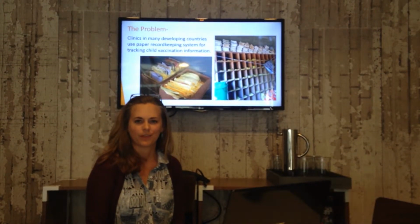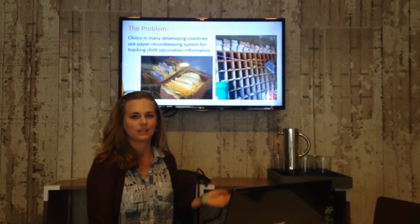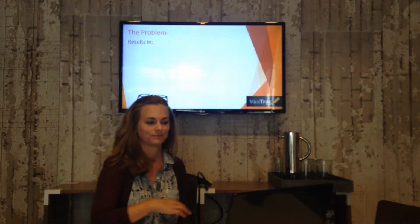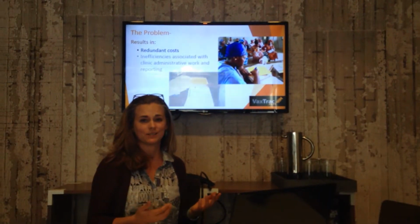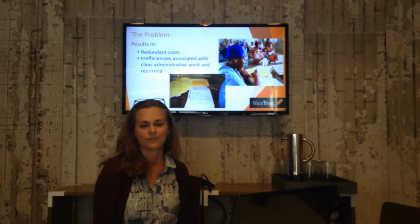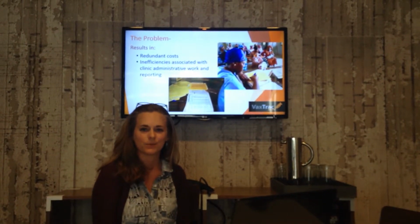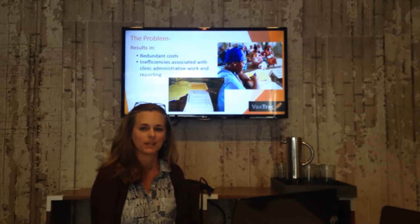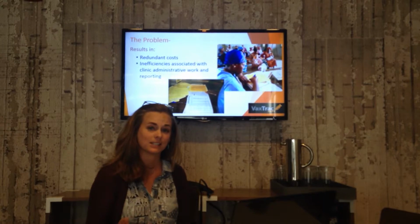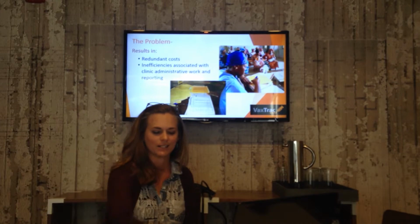The problem that we deal with in Benin is that most clinics use paper-based record-keeping systems to track vaccines for children. It can be very inefficient. So what we realized was that this was leading to redundant cost and super inefficiencies associated with clinic administrative work and reporting. For example, health workers we found were spending 2 to 6 hours on average just to fill out these records instead of attending to patients, and the Ministry of Health was having to cough up the salary for